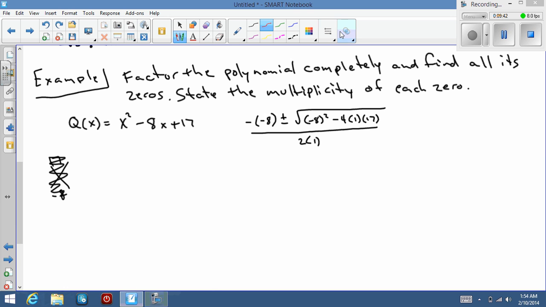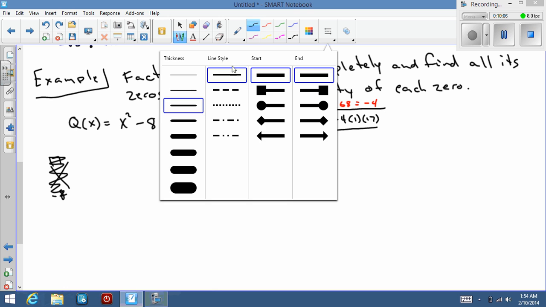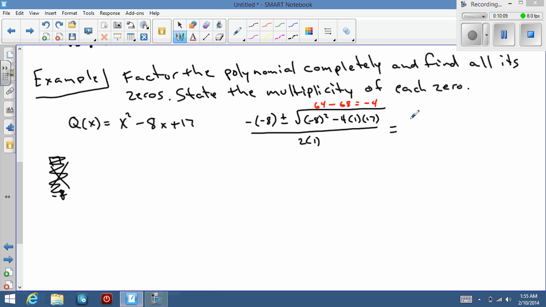If I look at the radical, -8 squared is 64 minus 4 times 1 times 17. So we're still going to be subtracting, and 4 times 17 is 68. 64 minus 68 is negative 4. So now let's look at this. We get positive 8 plus or minus the square root of negative 4 over 2. Well, the square root of negative 4 is 2i,